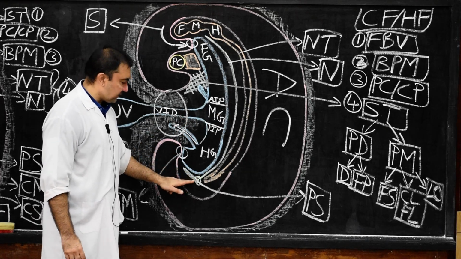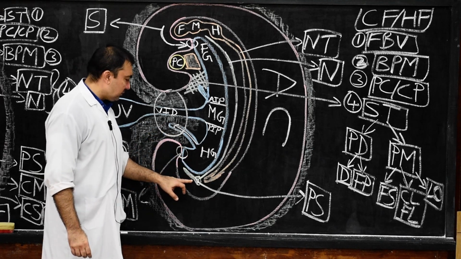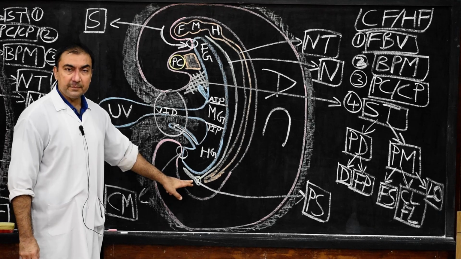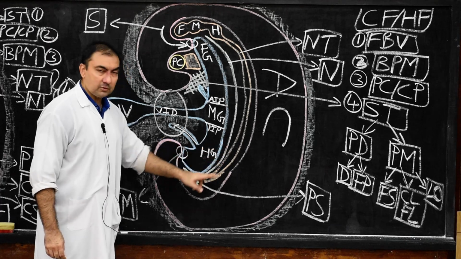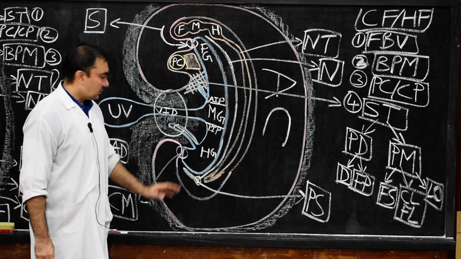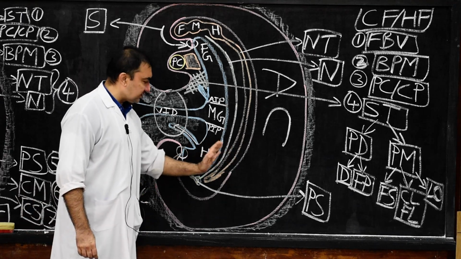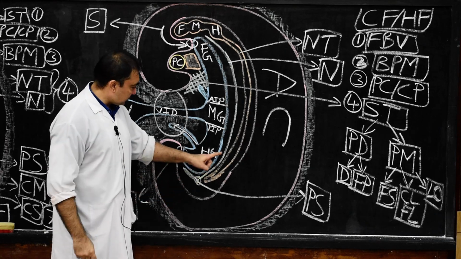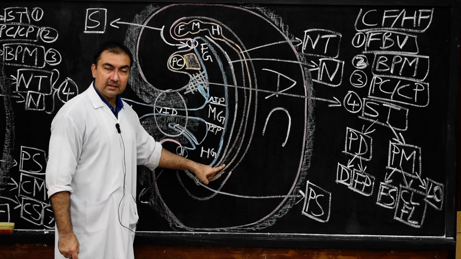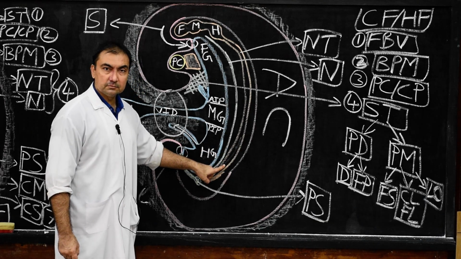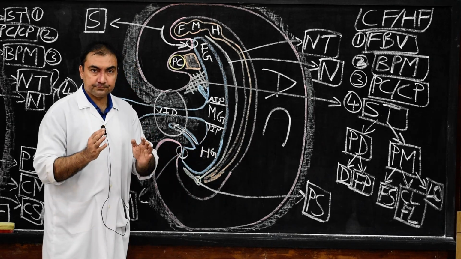Now the caudal portion of the hind gut in the tail fold. In the tail fold, the hind gut is bounded caudally by the primitive streak and the lower end of notochord. This is the lower end of notochord. What about the dorsal portion? Dorsally, the hind gut in the tail fold is bounded by 2 structures. Those 2 structures will be notochord and lower part of neural tube, that is the spinal cord part of the neural tube. So therefore, these are the boundaries of hind gut.